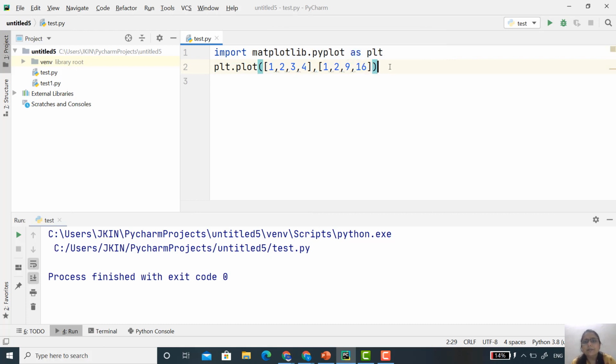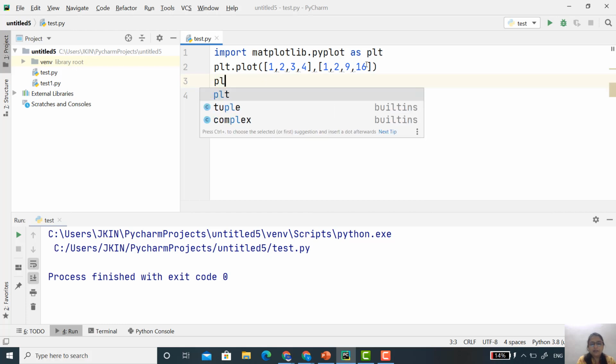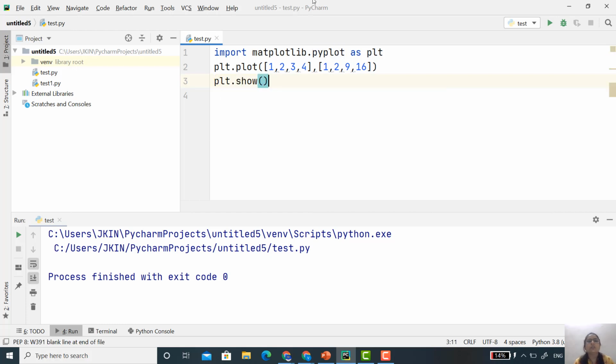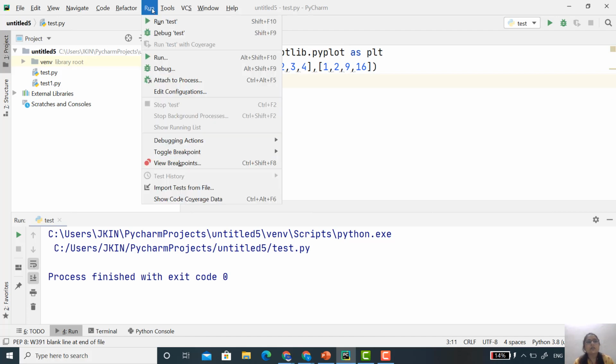Okay, so here I provide two data. The first data represents the x-axis, and the second data represents the y-axis. And simply I will use the command to display my graph, that is plt.show. Let's run this code.